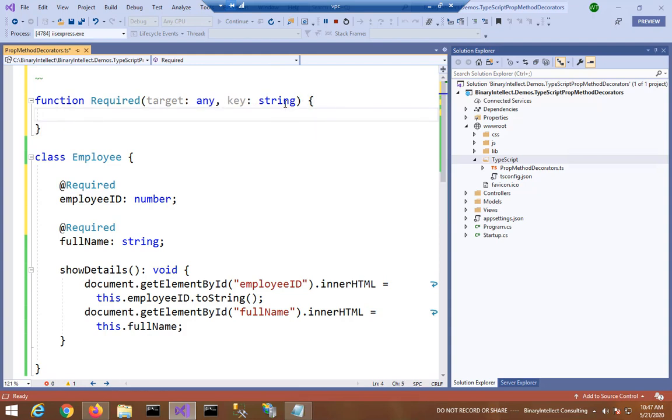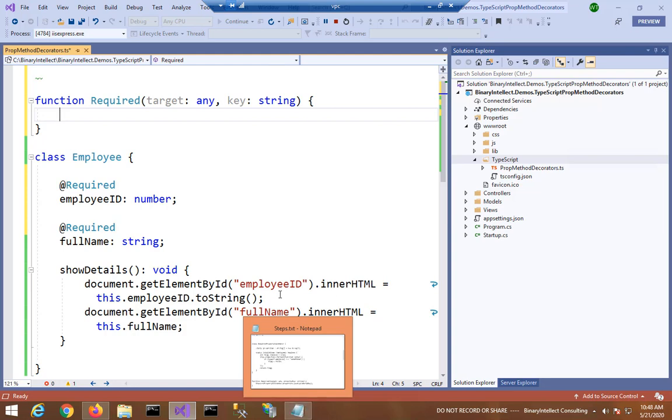The first parameter is target, which is basically the prototype of the class, and the second parameter is key, which is essentially the property name. Now in this required decorator, we need to register this property for validation, and then later somewhere in the code the validation will actually be triggered. So let's create that validation mechanism.